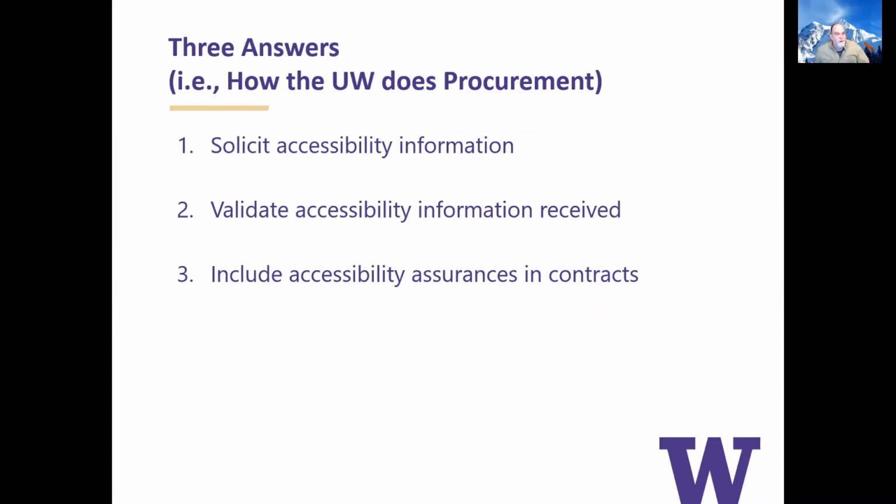We've proposed 3. Certainly we want to ask the vendors before we make a purchase about the accessibility of their product. But we also want to make sure that we don't completely trust everything that they have to say about their own products. So we need to validate the accessibility information that they do provide. And then when we move further into the purchasing process, we want to make sure that the contract addresses existing and future accessibility issues.